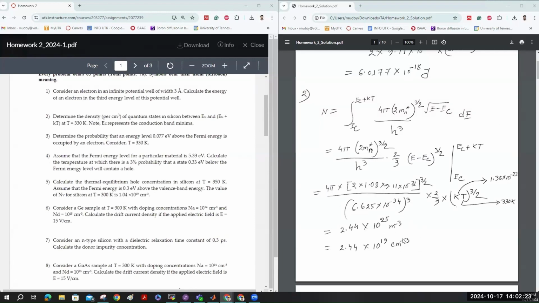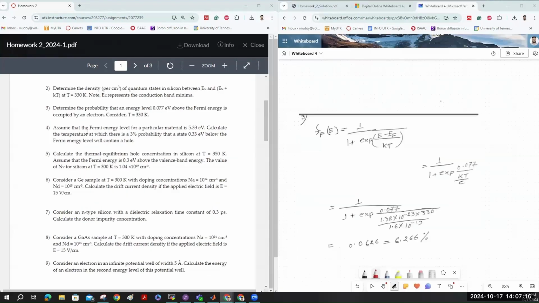That's why you have to convert per meter cube to per centimeter cube. So let's move to problem number 3. Here you have to determine the probability that an energy level